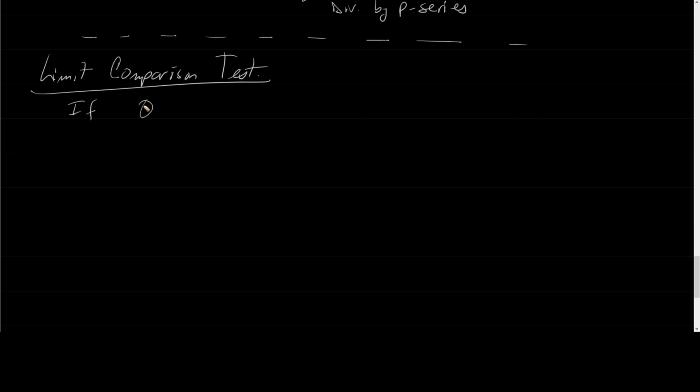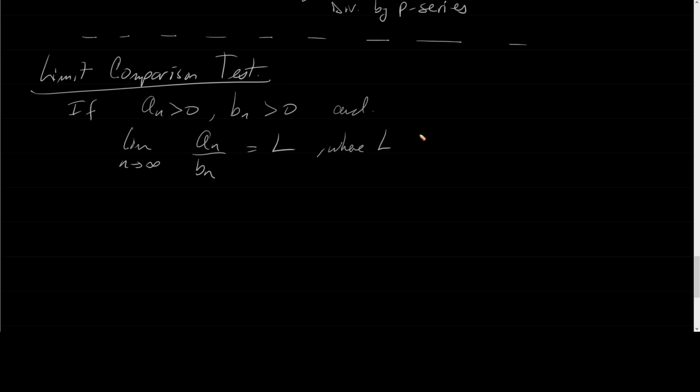If we have the series a sub n being greater than 0 and the series b sub n being greater than 0, and if I take the limit of the ratio of a sub n over b sub n and that equals L, where L is finite and positive, greater than 0, finite and positive, then